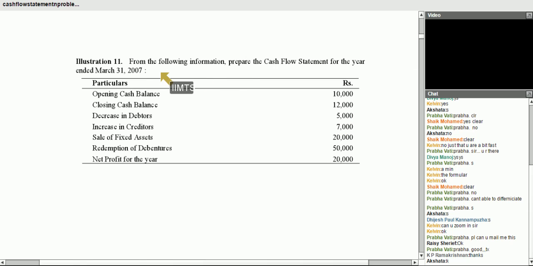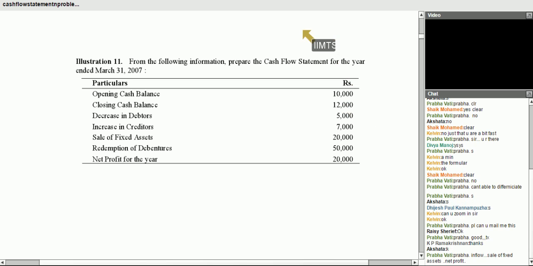This is the question. From the following information, prepare the cash flow statement for the year ended on March 31st, 2007. Yes, so all these details are given. Opening cash balance is 10,000 rupees. Closing cash balance is 12,000. Decrease in debtors is 5,000. Increase in creditors is 7,000. Sale of fixed assets is 20,000. Redemption of debentures is 50,000. Net profit for the year is 20,000. This information is given,